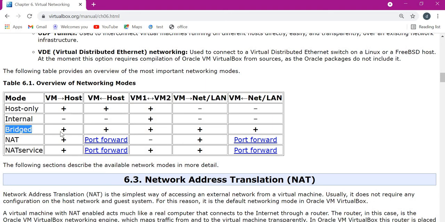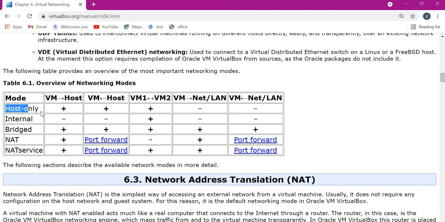The next mode is bridging mode. In this, the VMs act like they are directly connected to the host interface. So all types are possible here without adding any other features. Means the VM can access the host and the host can access the VM because they are directly connected. So here the VM to host connection is possible, host to VM connection is possible, and also the net or LAN can access the VM, and VM can access the net, and VM to VM communication is possible. All are possible because the VMs act like they are connected to the host interface directly without any NAT.